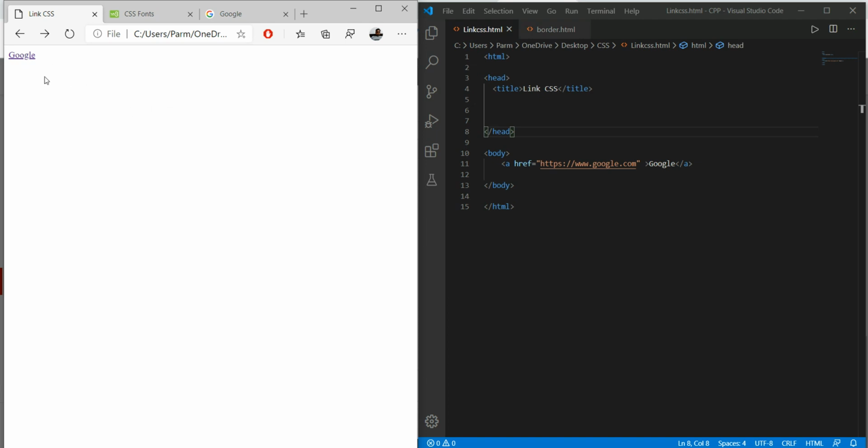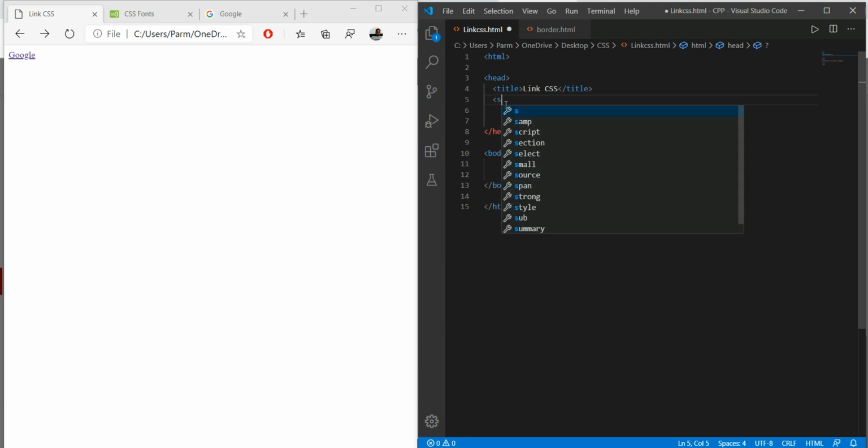Now, in case I want to remove this underline. Whenever we create a link, by default the links are underlined, but in most practices today we don't want links to be underlined. In order to do that, we create a style here, and we give the type of the style as text/css.